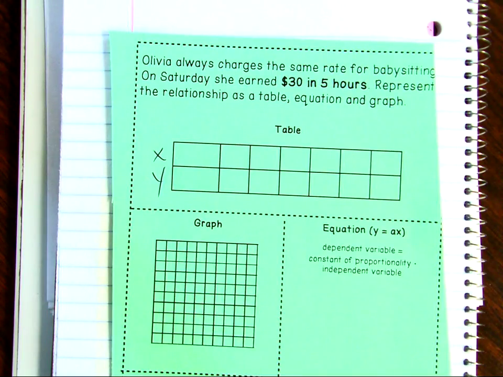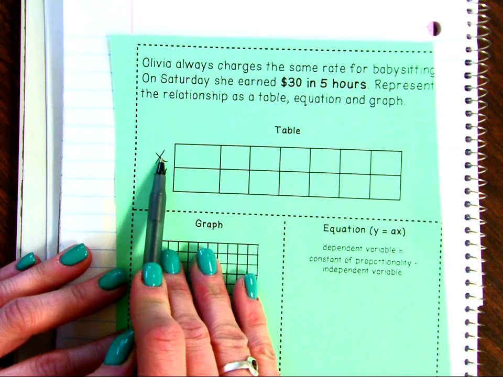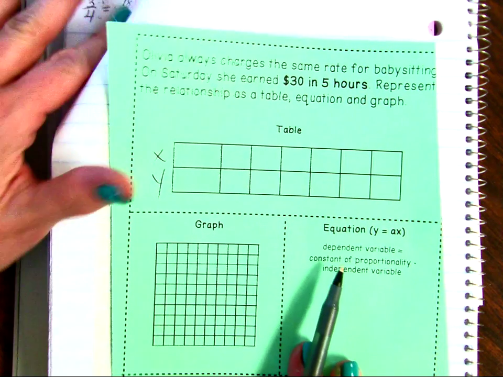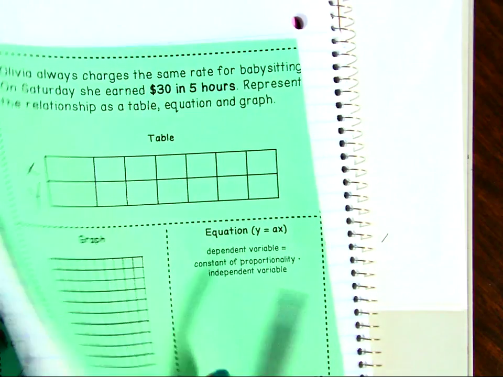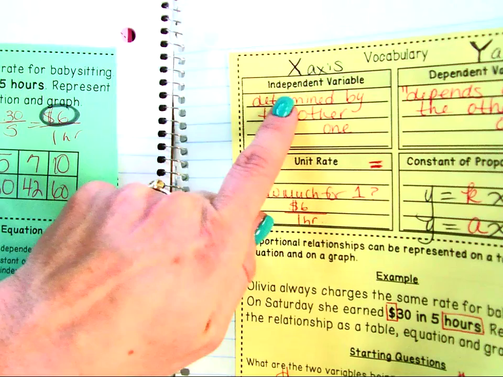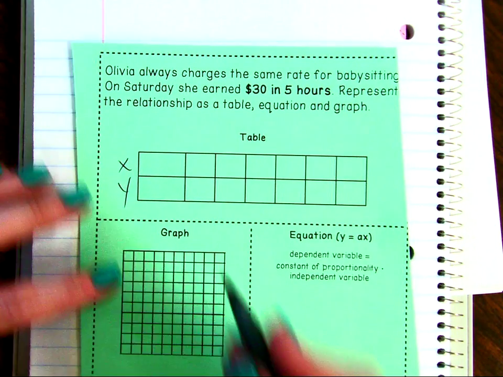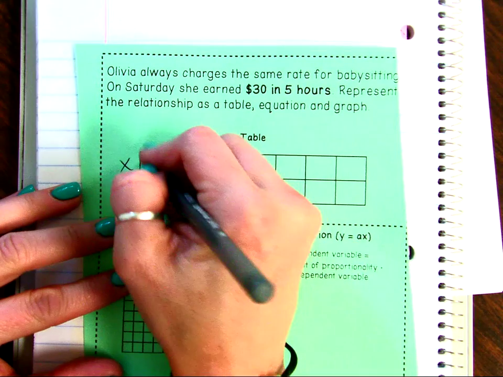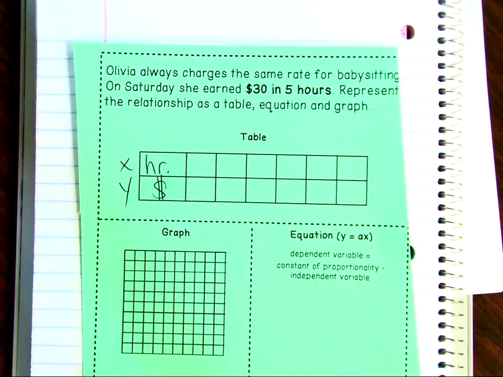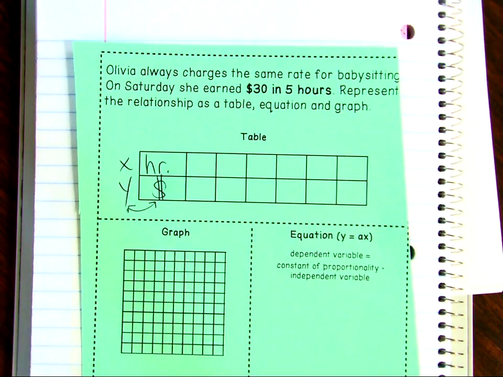Okay? Oh, this is so helpful because now I know that the x is the, and you may need to flip back. The x is the independent, right? So if my x is my independent, the dependent is your money, right? So your money depends on the time. So your time is this. You want a big hint? 95% of the time, your y is going to be your money. Because your money depends on everything. Your money depends on how many hours you work.